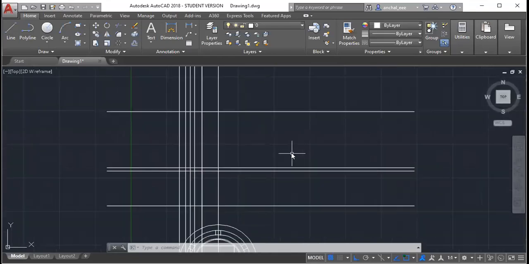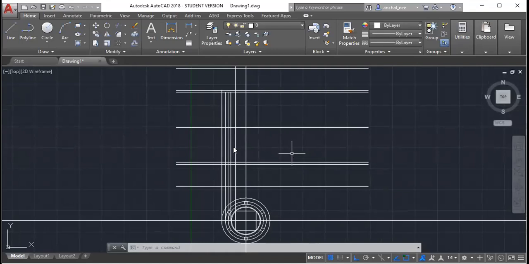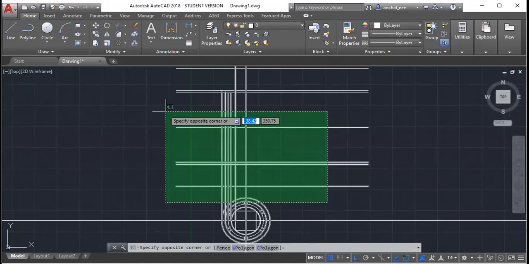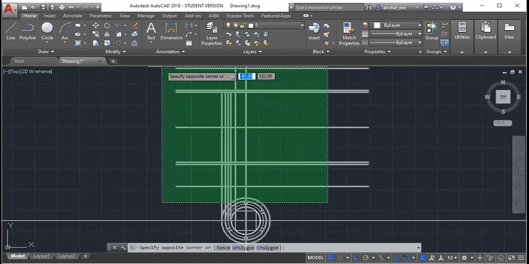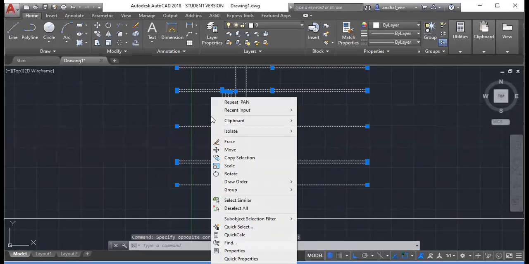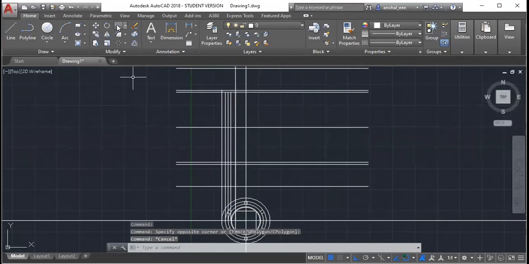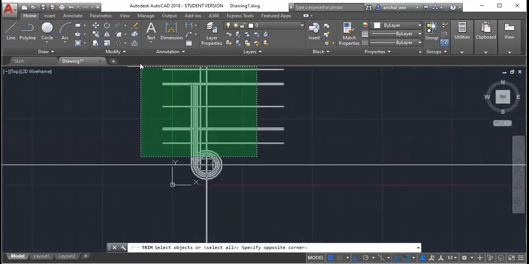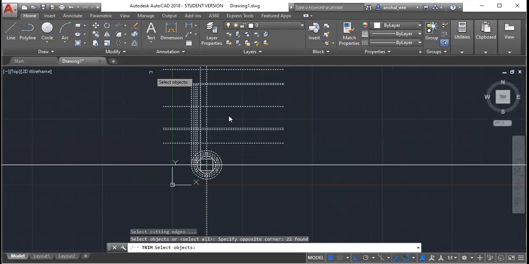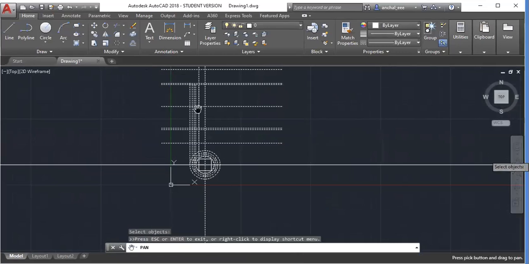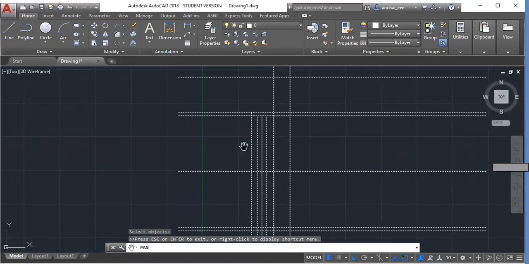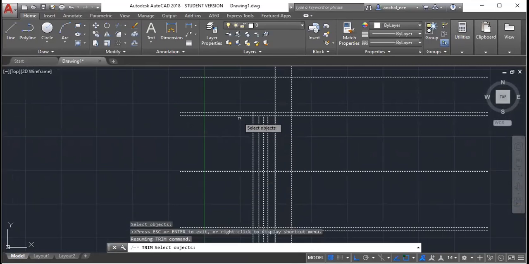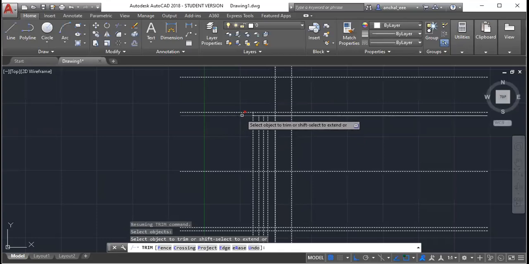Now what you will do, you will prepare half limb with the windings around it. So what will I do? I will trim it now. I will start the trimming process. Select it, trim, select the full transformer. Right click, and I have selected the objects. Now we will start trimming.